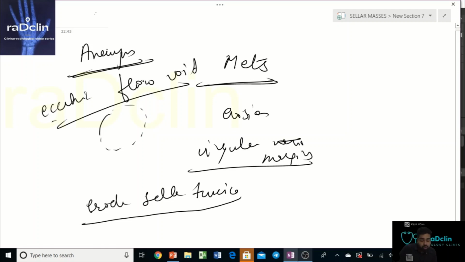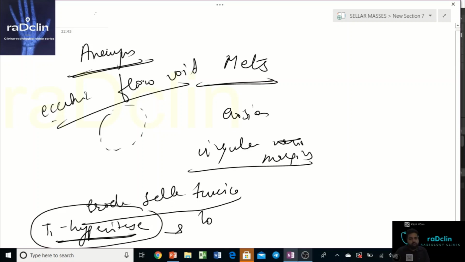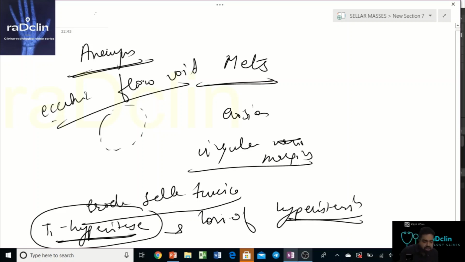Now you can also see, with METs, that the sphenoid bone has a bone marrow within it, a fatty bone marrow, which is T1 hyperintense. Any lesion that will infiltrate the sphenoid bone marrow will replace the fatty bone marrow, and there will be a loss of hyperintensity on T1. That's how you suspect that this is a pathology that is involving the sphenoid bone as well as the bone marrow cavity. Now, there's another mass that could be involved, the chordoma, which directly arises from the sphenoid bone.